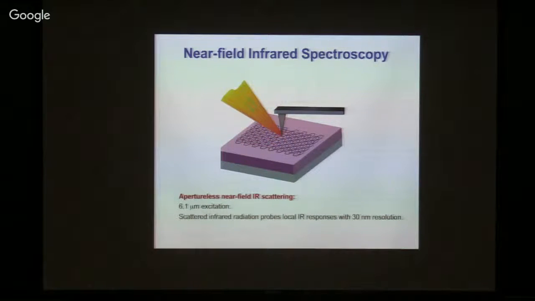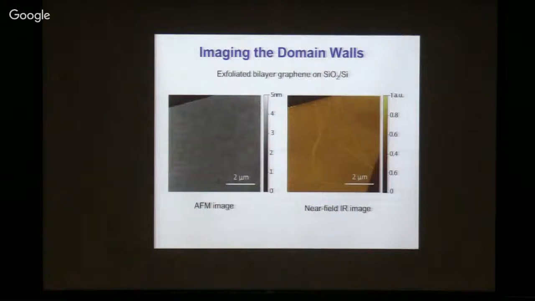So we would be able to measure the optical response, but with a spatial resolution of 10 nanometers rather than the wavelengths of the system, which can be 1 micron or many microns. So in this specific case, 6 micron. And when we have this optical contrast at nanometer scale, we can actually visualize this domain wall very nicely.